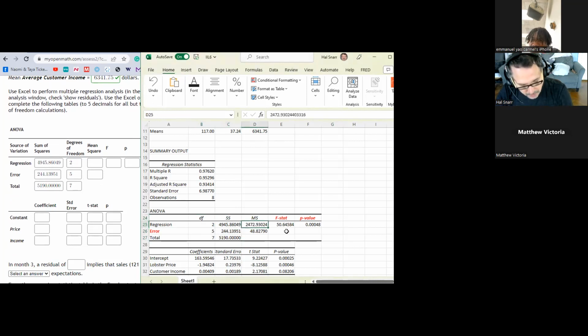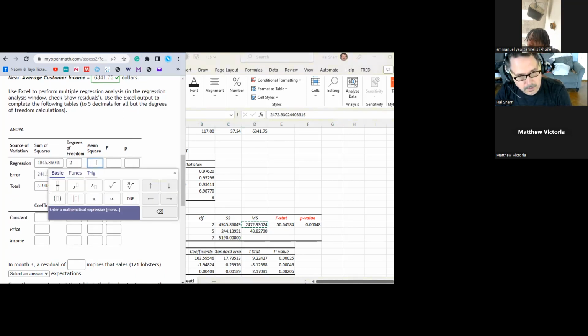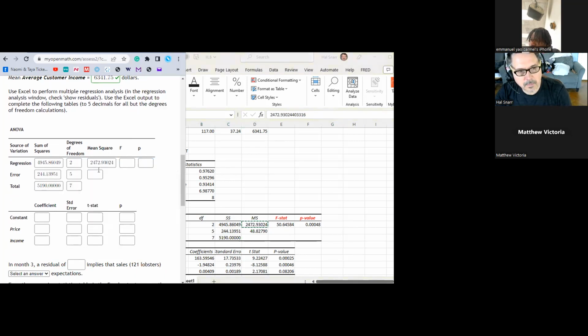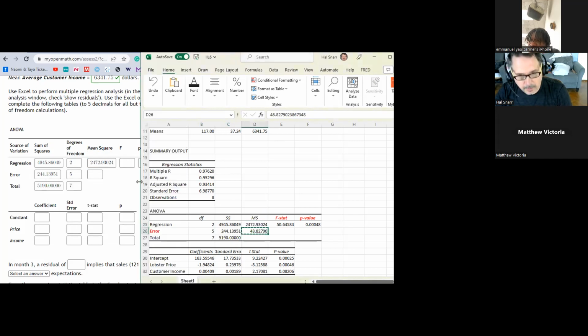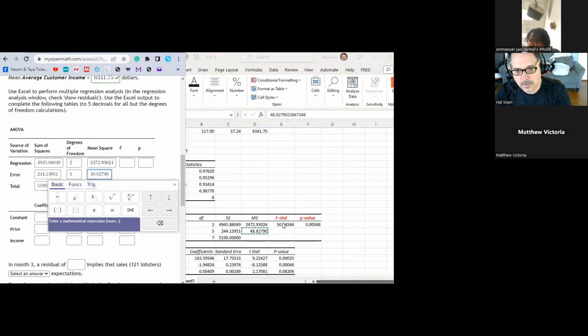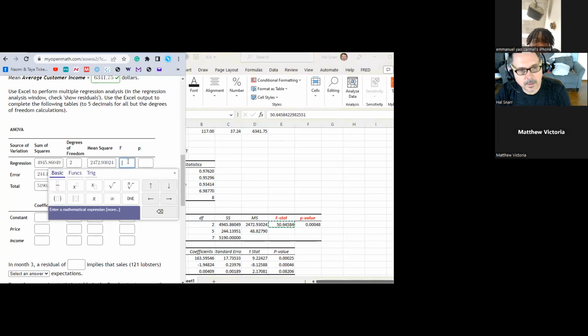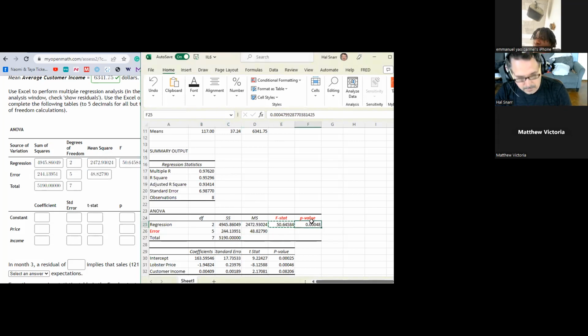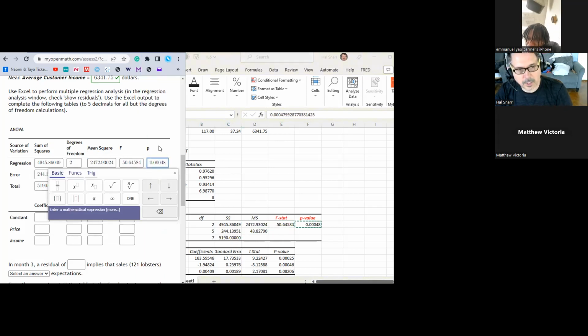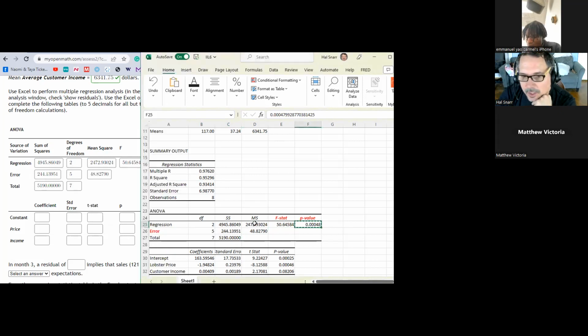Then we're going to copy the mean square due to regression, and then the mean square due to error. The F statistic. And the p-value. Now, the thing is, the mean square due to regression is just this number divided by that number. That's all that is. So if I type over the top of MS regression, I type in equal, and then I click on this cell, C25,